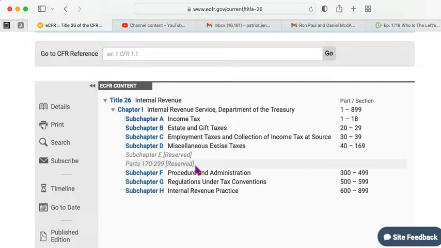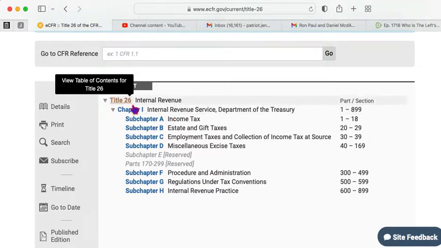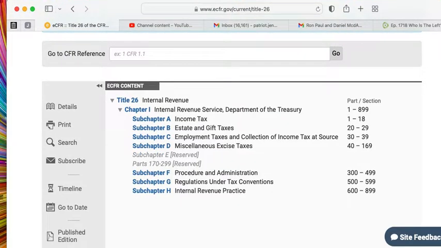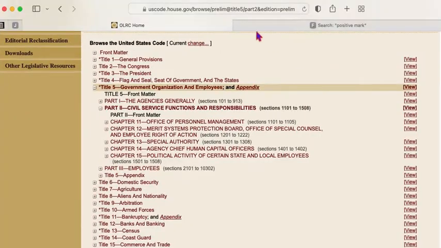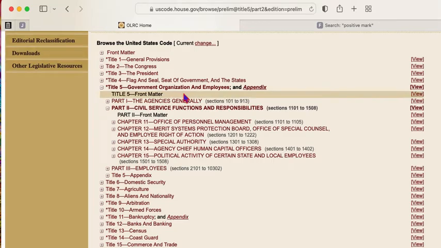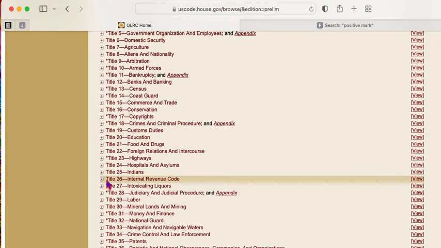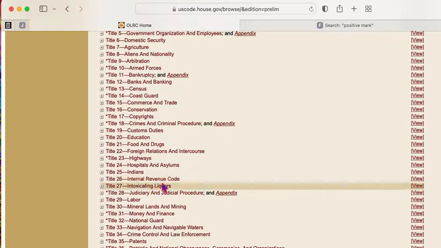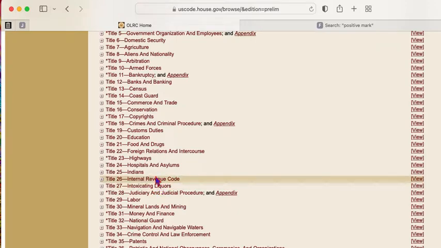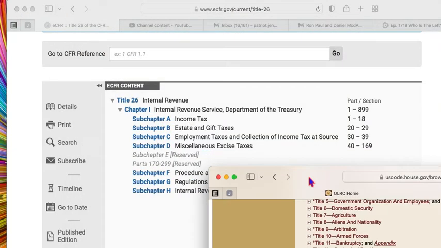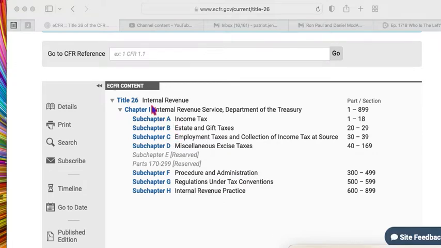And they'll just tell you you have to do it. So here's Title 26 if you want to read that. But remember, Title 26, under the Office of the Law Revision Council website, is not a positive law. And I've talked about that, I think, enough now. So it's not a law. But if they're going to operate it, they've got to operate it according to the codes.